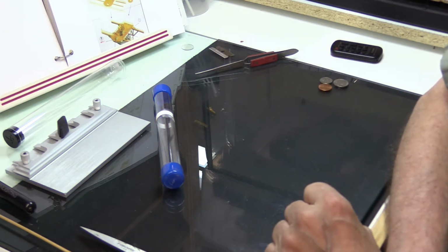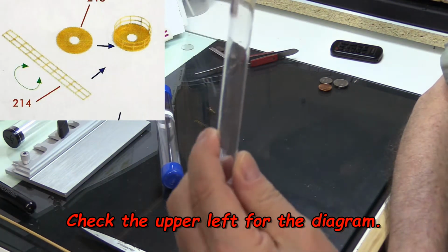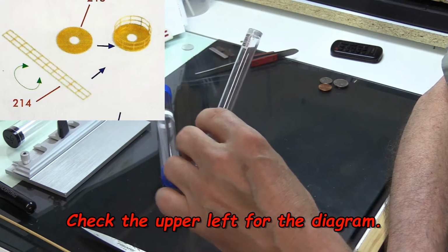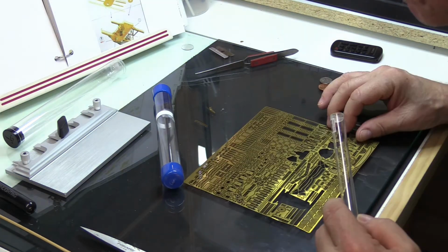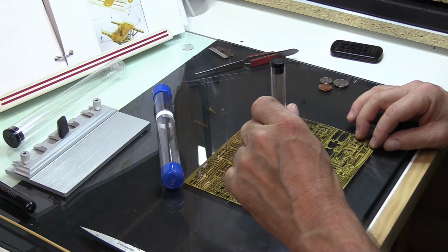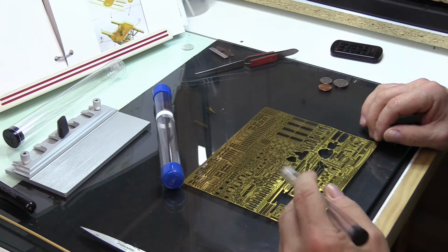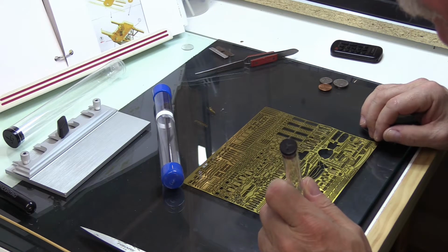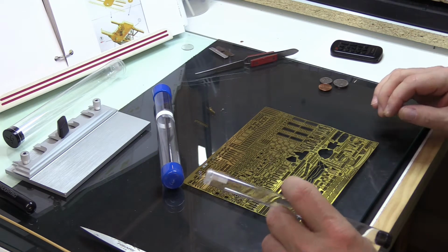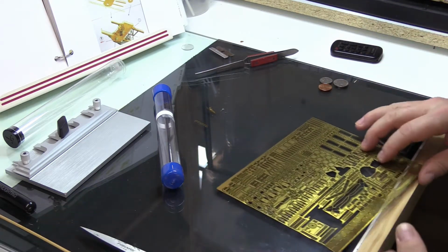I have to take one piece of railing and make a complete circle out of it. I'm hoping I can use this tiny one. I don't know. That may be too big. I haven't really pulled it out. Let me see. I'll find that circle. There it is right there. And yeah, this is way too big. May have to get like a pencil or ballpoint pen or the barrel off of a ballpoint pen to get that to work. So that's the kind of thing you have to deal with. Just trial and error. You have to see what you can make work, and